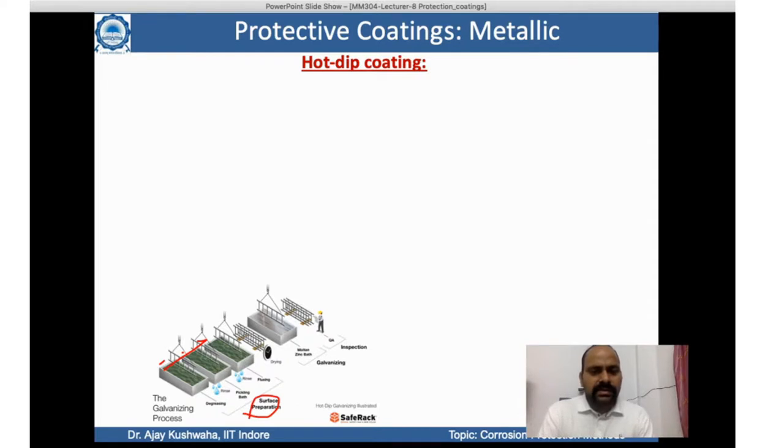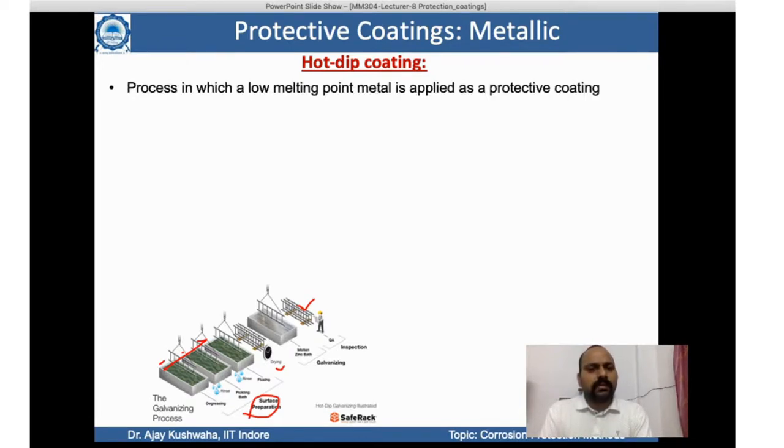Then the next step is drying here, and let's say we are going to coat zinc on top of steel. Let's say the steel bar is there, which is clean till here, and then here we have the molten zinc bath. Then we just dip it in the zinc bath and see whether it's deposited properly or not. We can also do the inspection, and through that inspection we can understand whether it's dipped properly and whether all the coating is uniform or not. So this is the hot dip coating.